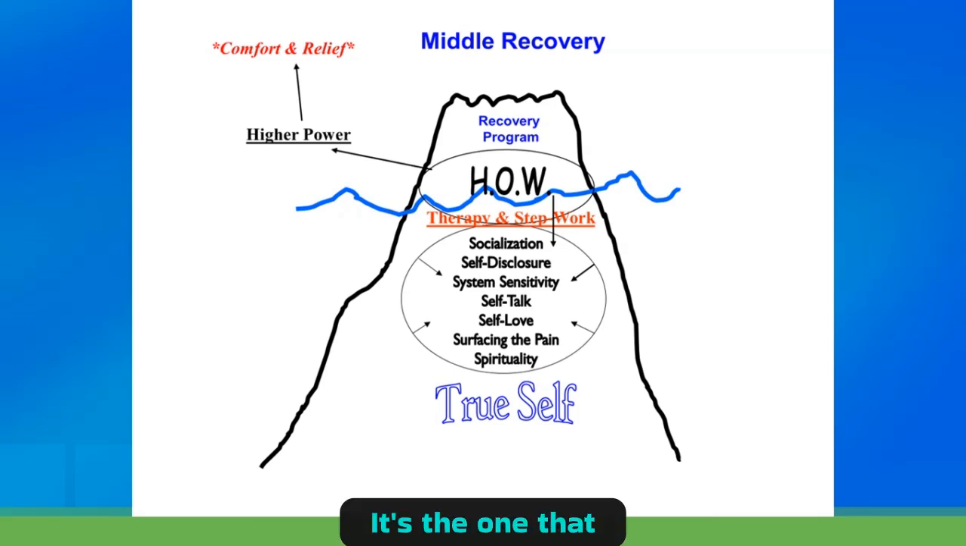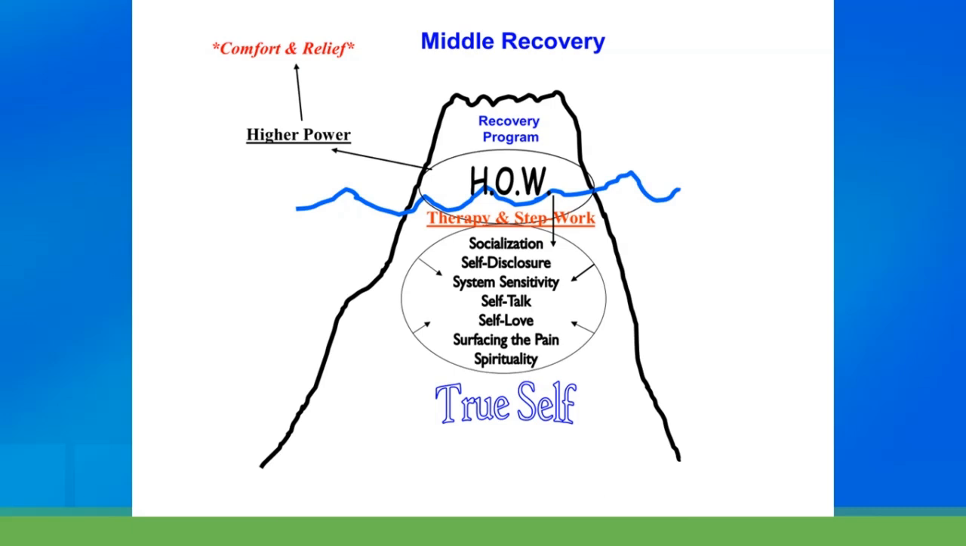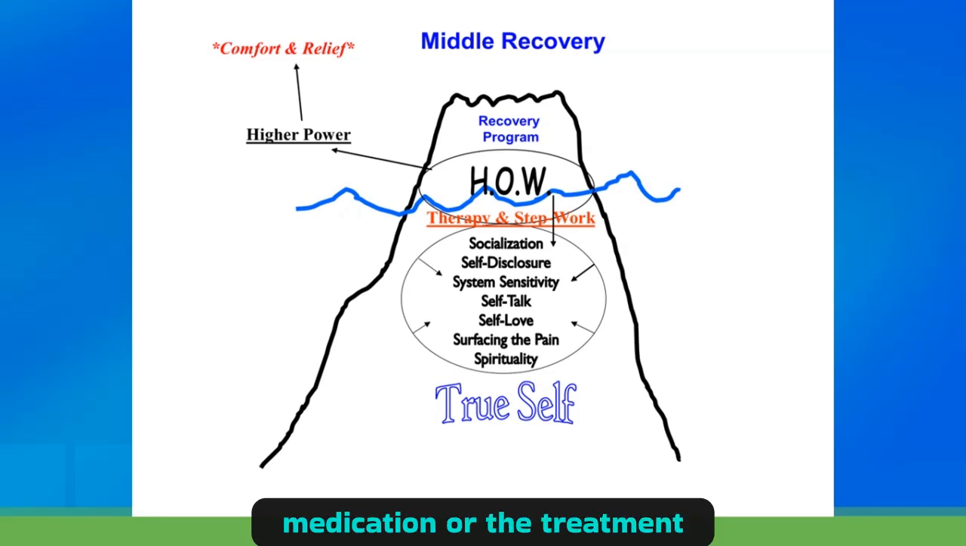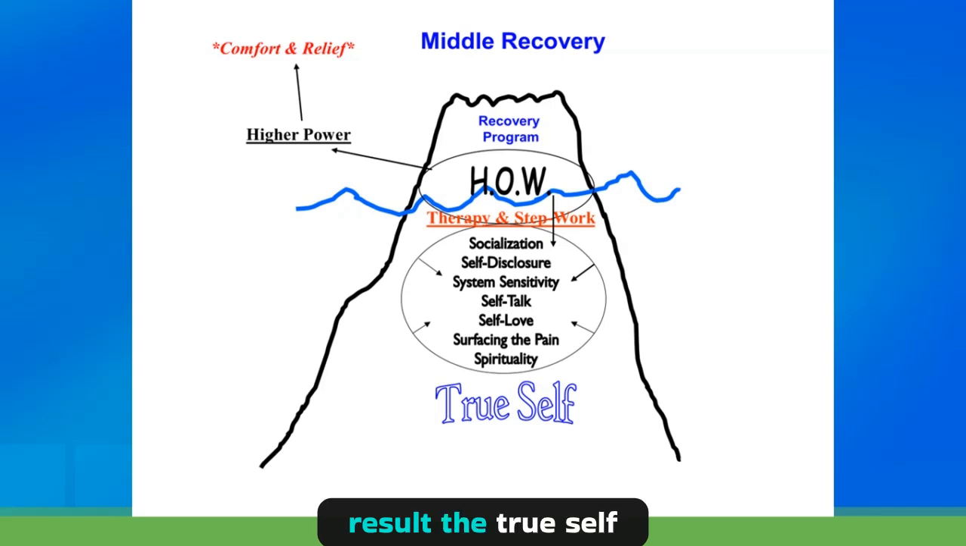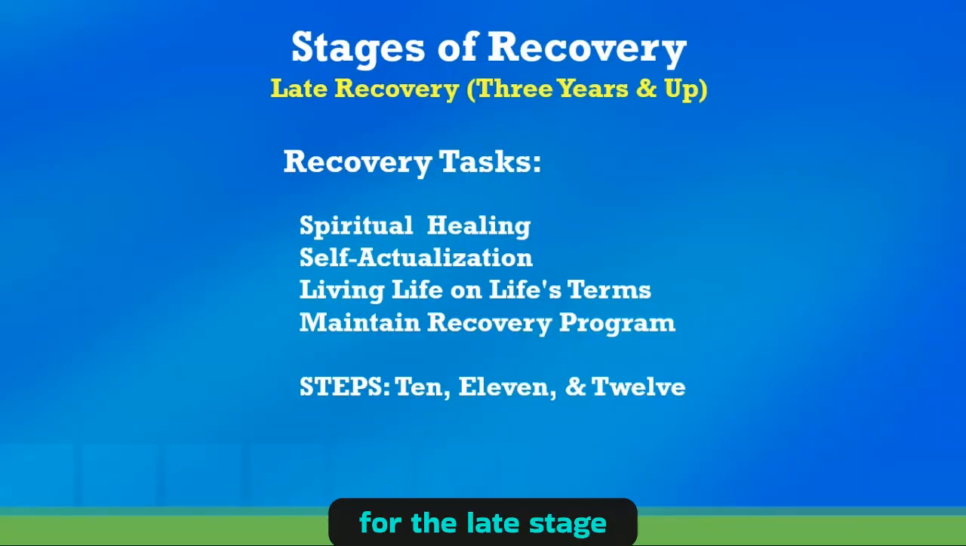It's the one that is responsible for the primary healing. And as you see, this false self begins to shrink up and to heal, as any other wound can heal, because it's getting the medication or the treatment. Then it begins to heal. We've initiated the healing process, and as a result, the true self begins to emerge, and we begin to learn things about ourselves we never knew through this recovery process. And we learn our purpose, our meaning in life, which sets us up for the late stage of recovery,